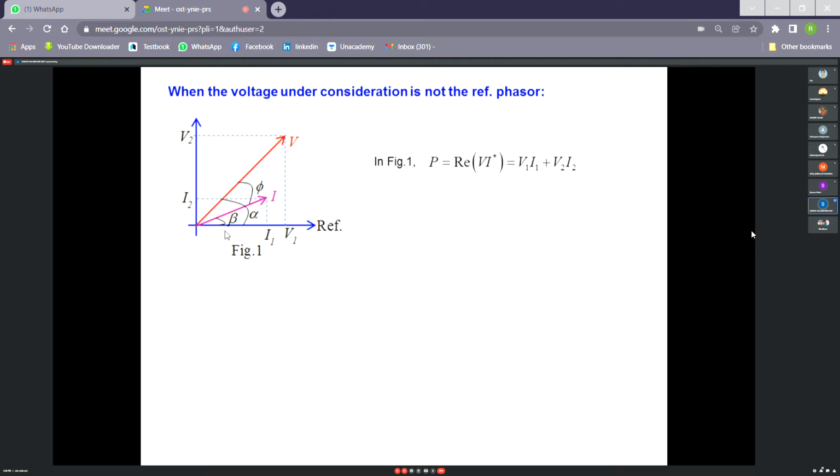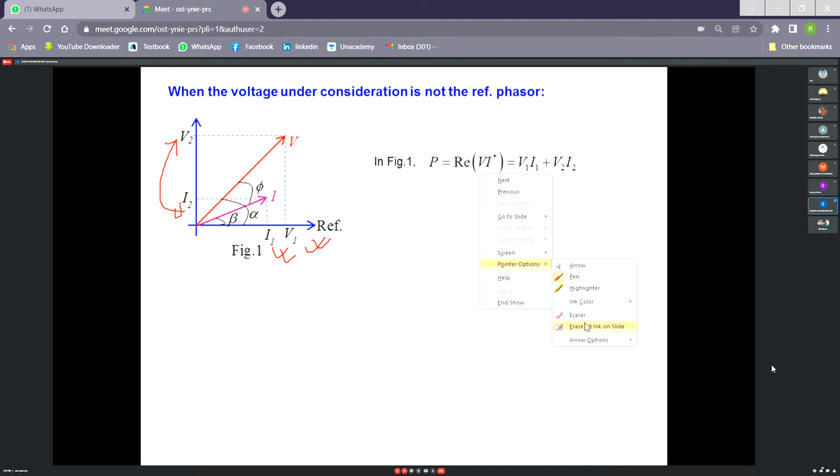Then voltage and current, if they are in the same phase, will produce active power. They are like resistance. They will produce some heat. So in this phasor diagram, if we just take two components of voltage, the horizontal component is V1 and the quadrature component is V2. Similarly, for current, the in-phase component of the reference is I1 and the 90 degree out of phase component is I2. Then you see that V1 and I1 will produce active power. Similarly, V2 and I2 will produce active power because they are in the same phase, right?